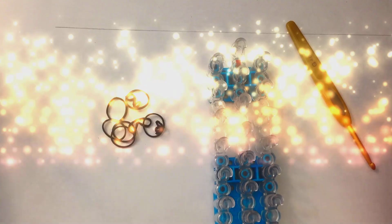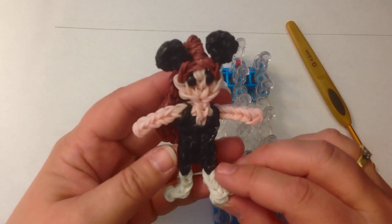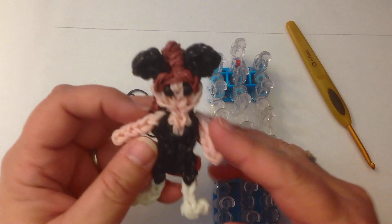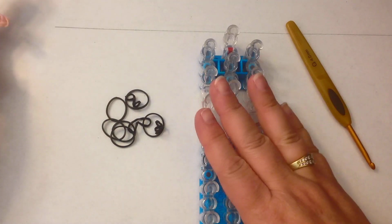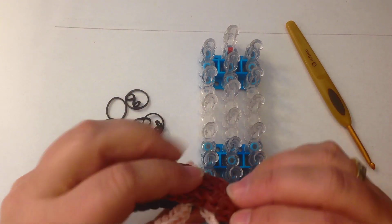Hi, this is Kate from Izzalicious Designs, and today I'm going to be showing you how to make Ariana Grande, and we're doing her with her little Minnie Mouse ears and her thigh-high white boots. We're going to be using a single loom, and we're going to start by doing her ears and her hair